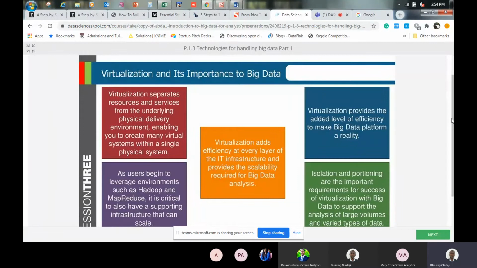So for those of you that connect to some of those servers, maybe the visualization server, and you connect to maybe the ADS, and you connect to the storage, to the staging server, you might think that you are connecting to 3 different physical servers. No, in real sense, you may actually be connecting to only 1 physical environment that is virtualized. So virtualization tries to separate resources and services from the underlying physical environment by allowing you to create what are called virtual systems on a single physical environment. And I think that is quite clear.